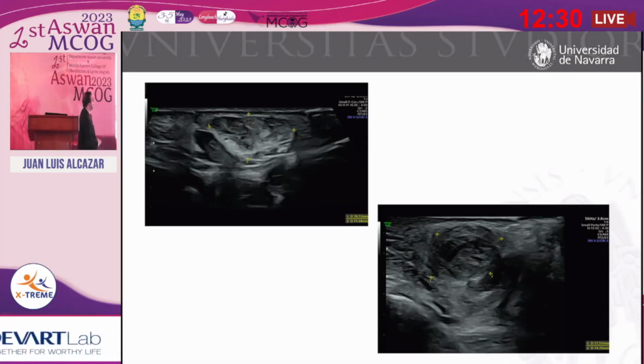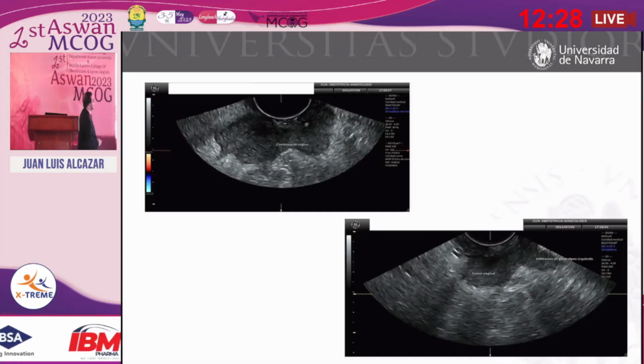And regarding the vagina, we can also detect whether the paracolpos is infiltrated, or even the parametrium. The low parametrium could also be infiltrated, as well as the bladder or even the rectum. Here is an infiltration of the left paracolpium in a vaginal cancer.